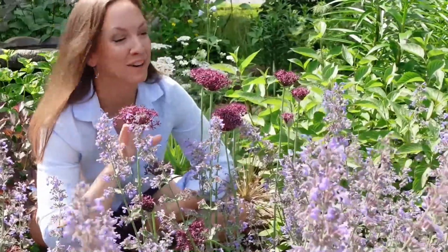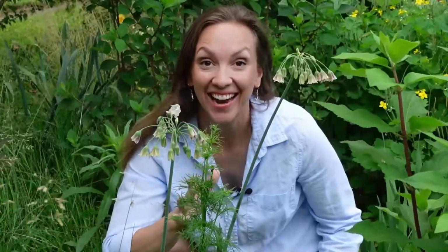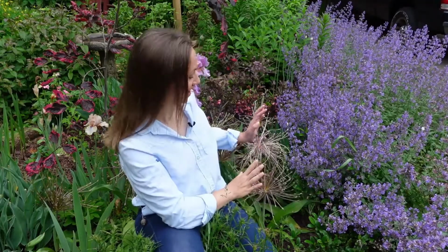Allium atropurpureum has dark burgundy purple florets on tall, stiff stems. Sicilian honey garlic produces cascading, whimsical blooms. Or check out my personal favorite right next to me, Allium schubertii, which looks like a living firework out there